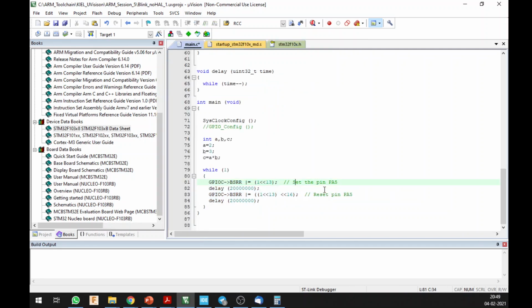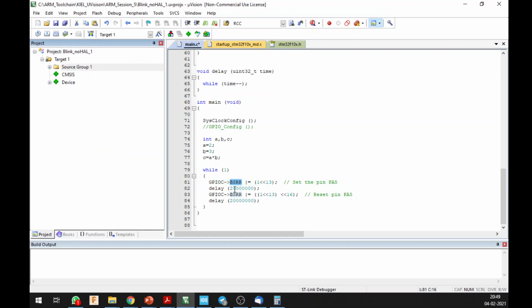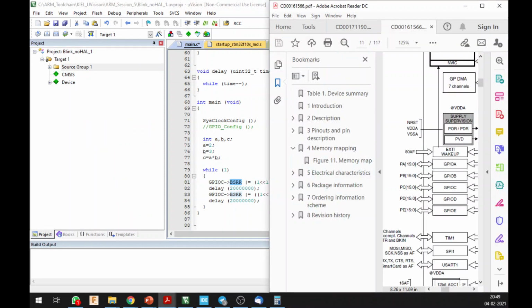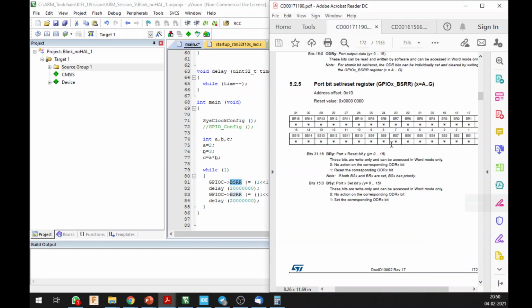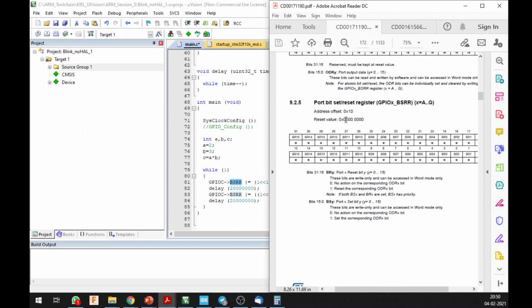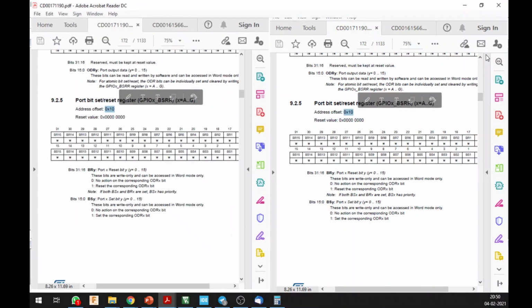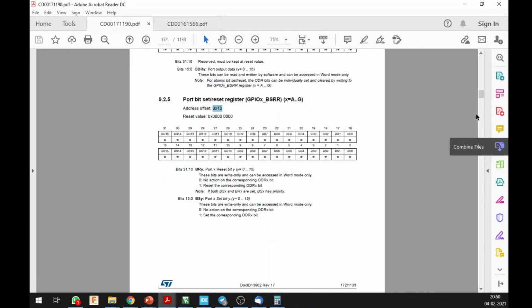So how do you know if it is working or not? Basically you can go and check the bit set reset register in your address pin, right? So once I do the debug for this, you have to do the same method for debug. So you just see the value of the register over here inside your programmer's manual. You see that this port offset is at 0x10. So what is the address of this bit set reset?